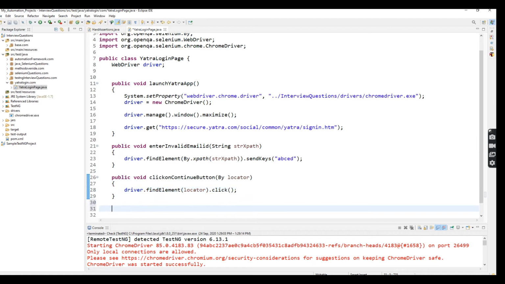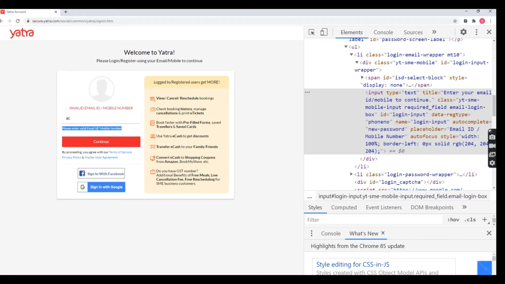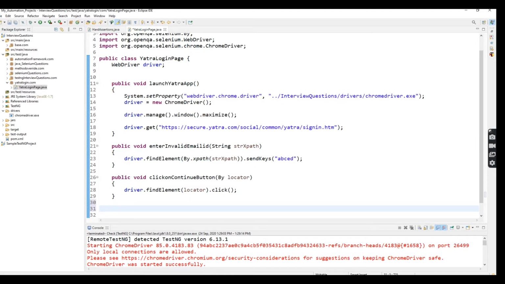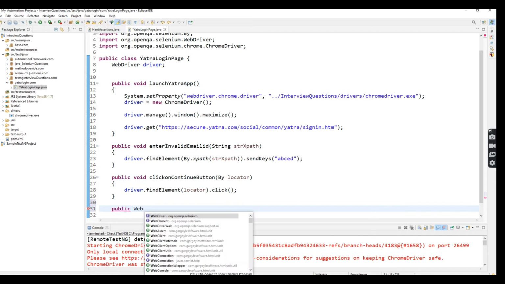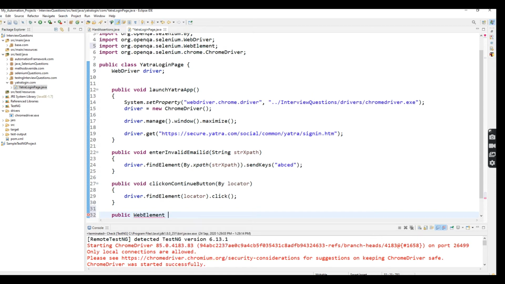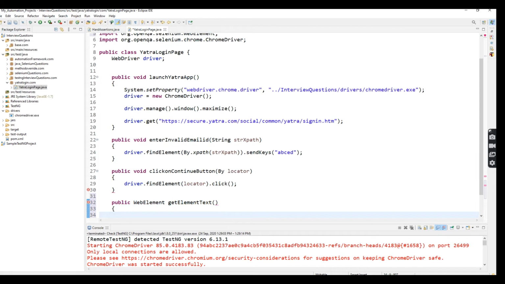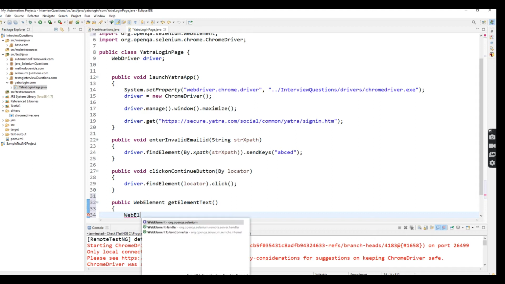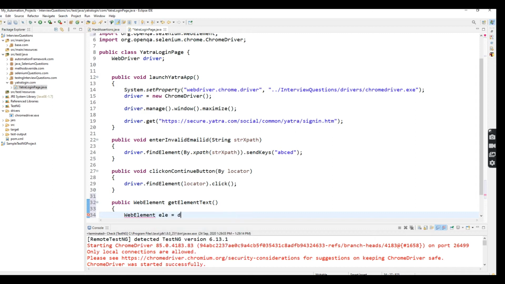The fourth method is I'm going to get this invalid error message, right? For that I'm going to return a WebElement. The return type is WebElement. The method name is getElementText. Here I'm going to store that driver.findElement inside a WebElement. Okay, WebElement element equals driver.findElement(By.xpath).